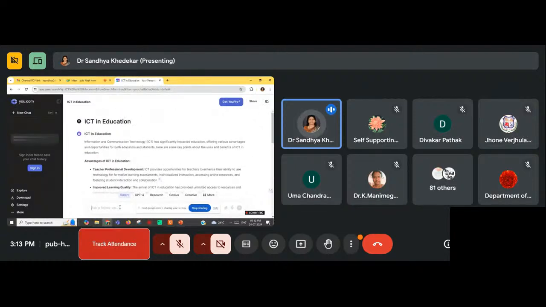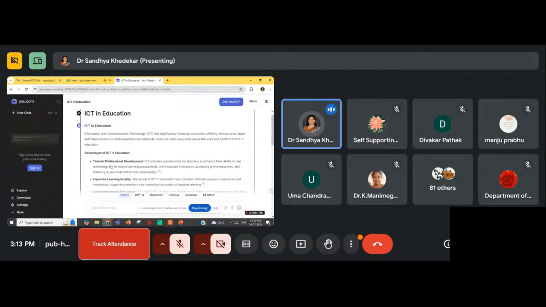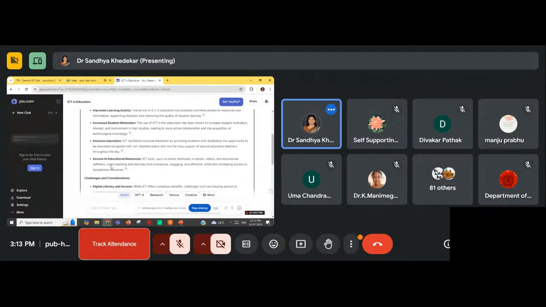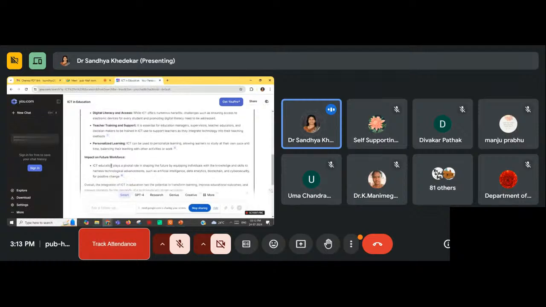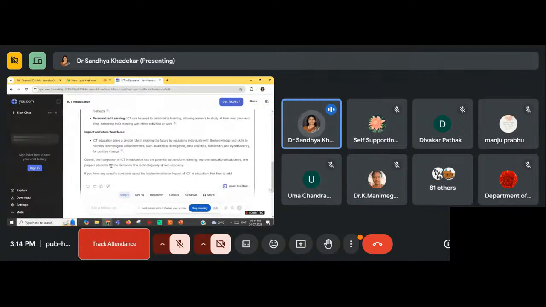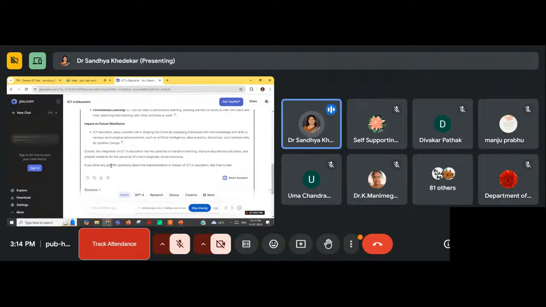You can scroll and see it has given the introduction, then advantages of ICT in education, teacher professional development, improved learning quality, then challenges and considerations, then impact on the future workforce, so many things. Can you see that? So this is possible here.